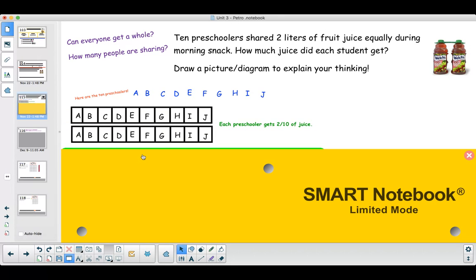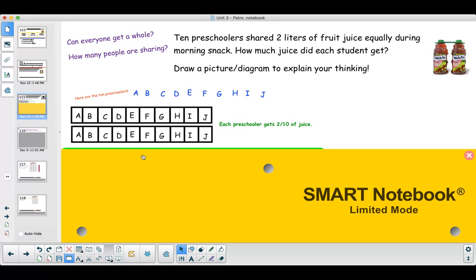After that, I divided each whole into tenths because I realized that not everyone can get a whole, since there were only 2 wholes and we have 10 preschoolers. So I had to ask myself how many people are sharing. I know that 10 people are sharing, so that is why I decided to divide the whole into tenths. When I divided each whole into tenths, I noticed that each preschooler would be getting 2/10 of a liter of